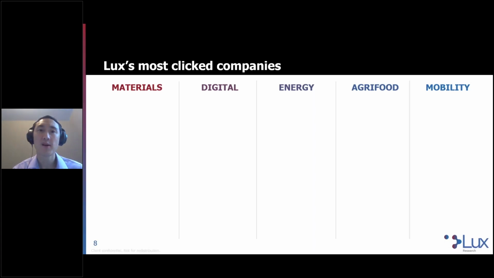So I talked about digging into the platform data. One of the first places we can start is what companies garnered the most interest from our client base. So I'll walk through these briefly, not go into detail on each company, but just call out the top 3 in some of these important verticals, just to show you where the interest from our client base arose. And it really is a way of measuring your peer activity and measuring what they're interested in and what they're reading and analyzing to impact their initiatives.